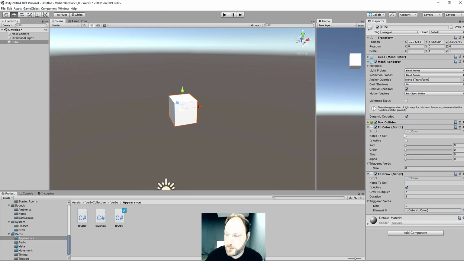By default, this can get a little bit confusing, especially if you have things changing color in a lot of different ways, and so you have 6 different to color scripts on an object, which just means that you can use notes to self to differentiate between them, because in the triggered verb array it's all going to look the same. So I'm just going to make a note to myself. I'm going to say that this makes it red, and I'm going to move my red all the way up here. And what we should notice is now when I hit play,